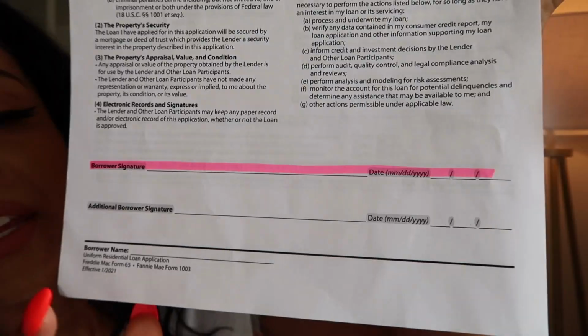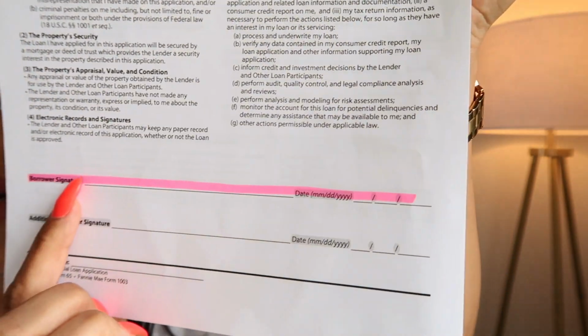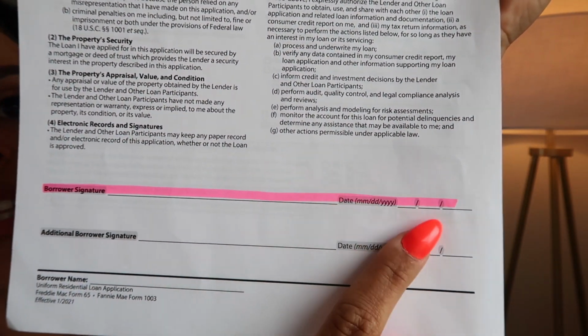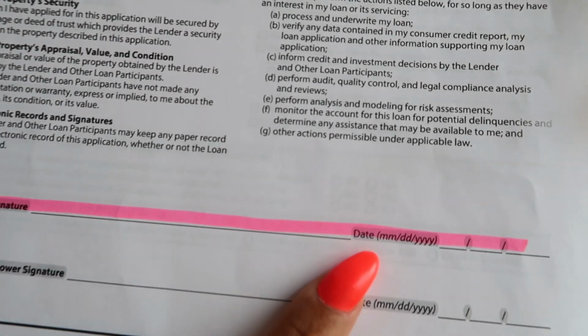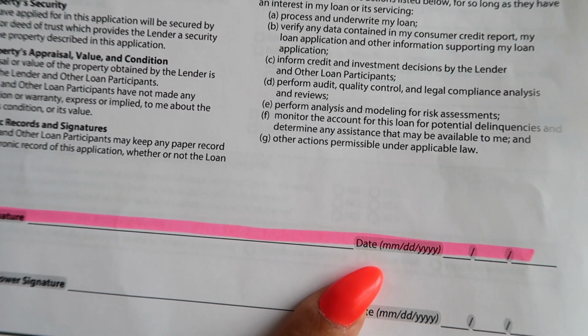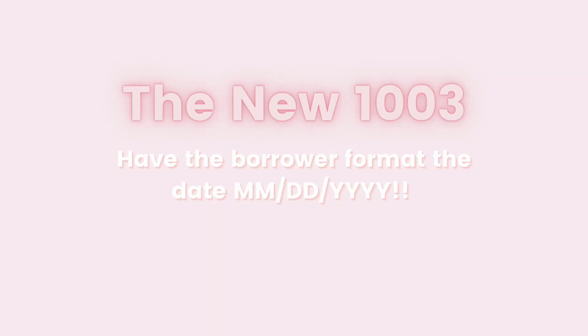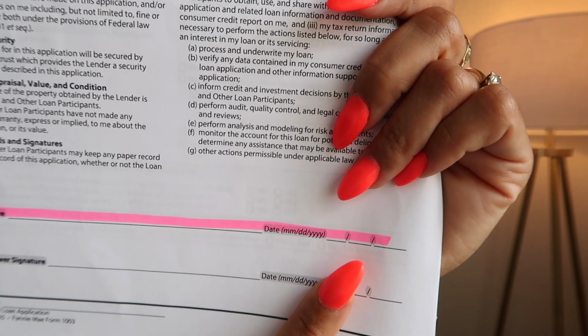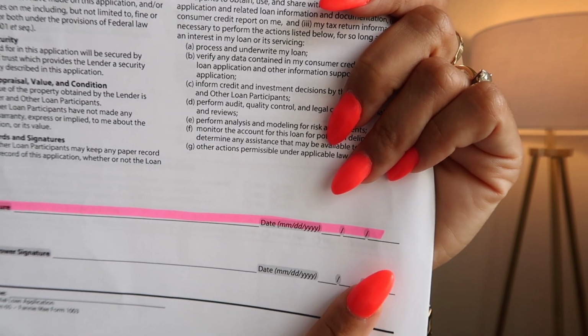When you get to section 6, that is when we're going to be looking for your borrower's signature. If you have one borrower, you will just be concerned with the top signature line and date. They are very strict about the format for the date. So what I usually tell my borrowers when I present this form is, give me your signature for just this document only. Please follow this requested format: 2 digits for the month, 2 digits for the day, 4 digits for the year. Once we leave this document, we are going to go back to your original format for dating.